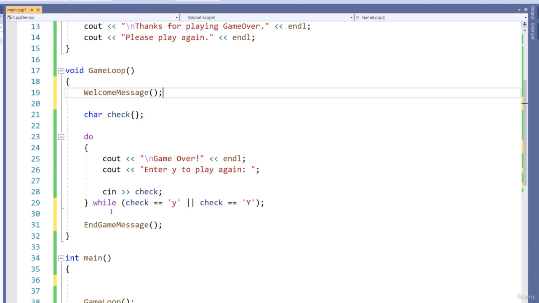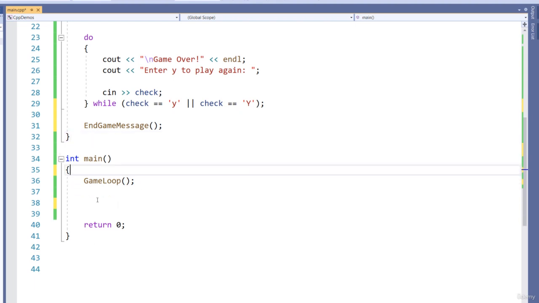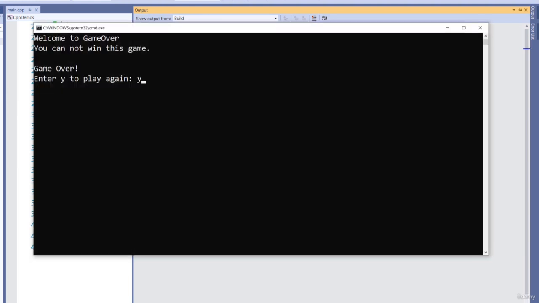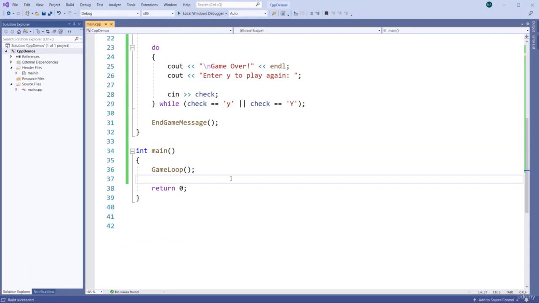Right, so we have the welcome message and the endgame message in the game loop now. And then in the main, we only have the game loop function call. Build and run that. Right, and that works fine. Just a quick silly demo just to demonstrate to you the basic refactoring and a few other handy helpers in